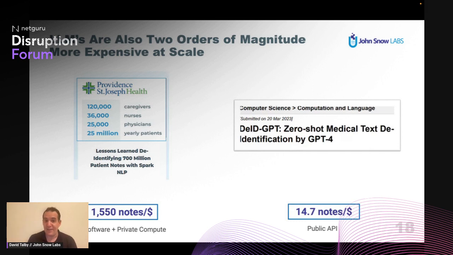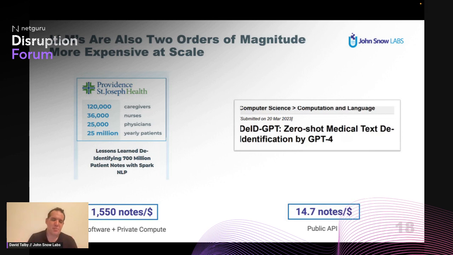And as part of that, they did a lot of work to optimize really the cost, right, to do something at that scale. And they got to a point where their main metric was that they were just over 1,500 notes per dollar, right, for both the compute cost and the software cost. When you look to do the same with GPT-4, and there's, for example, GID GPT, and